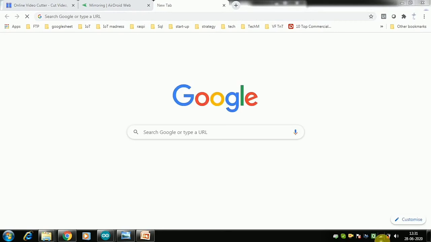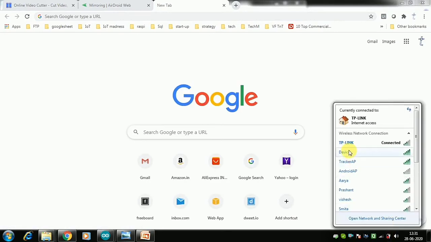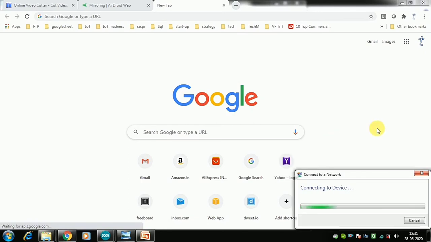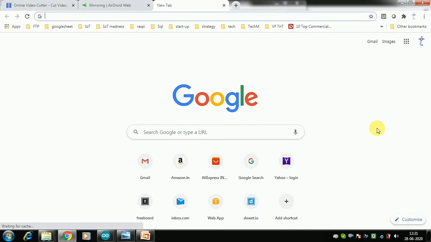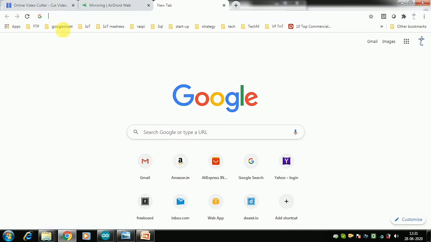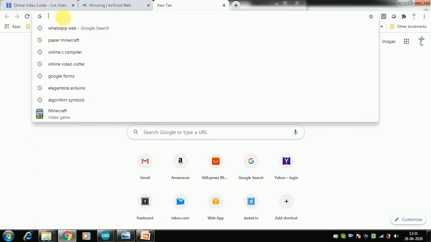Okay, so how can you change these things? In config mode, this works as an access point. So you can go here, find this device access point. This is called device, and you can connect to the device. This device is now serving an HTML page where you can update its SSID, password, etc.